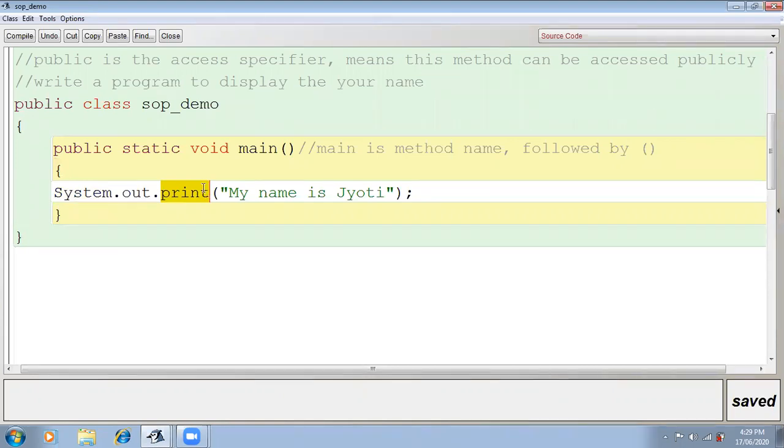So print is the method to display output on the terminal window. What is the terminal window? Wait.